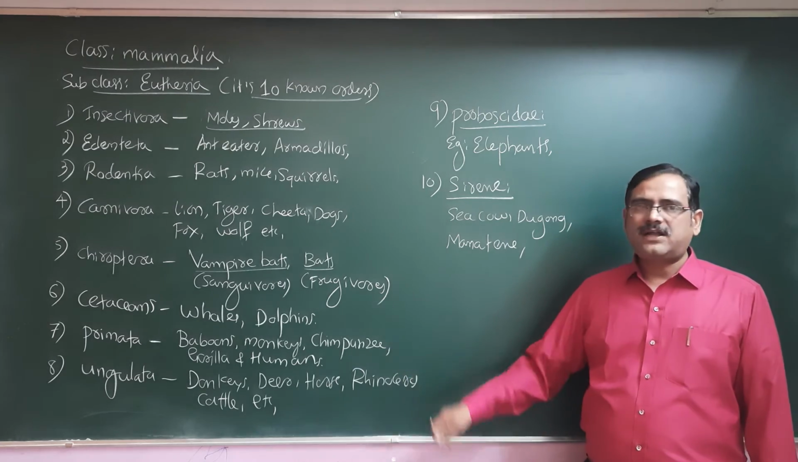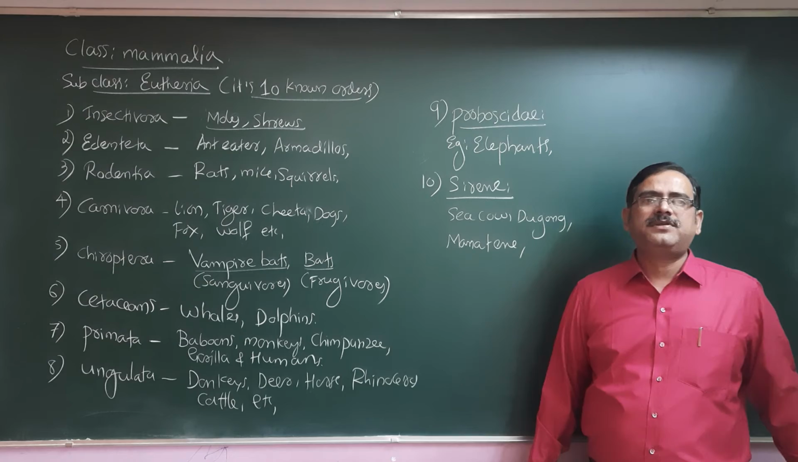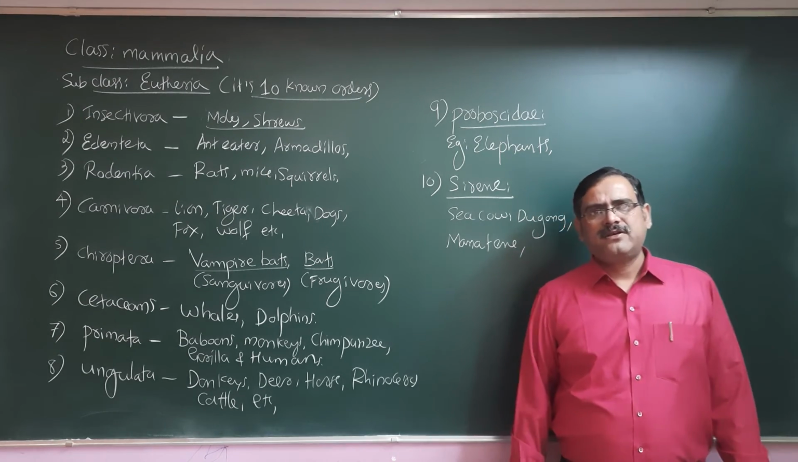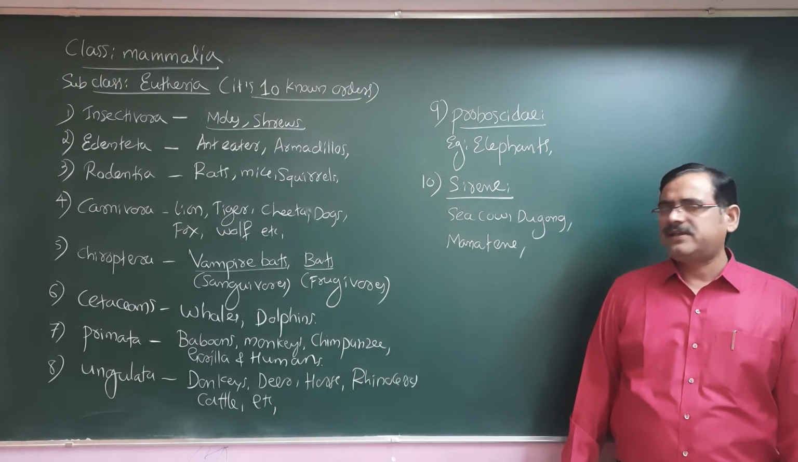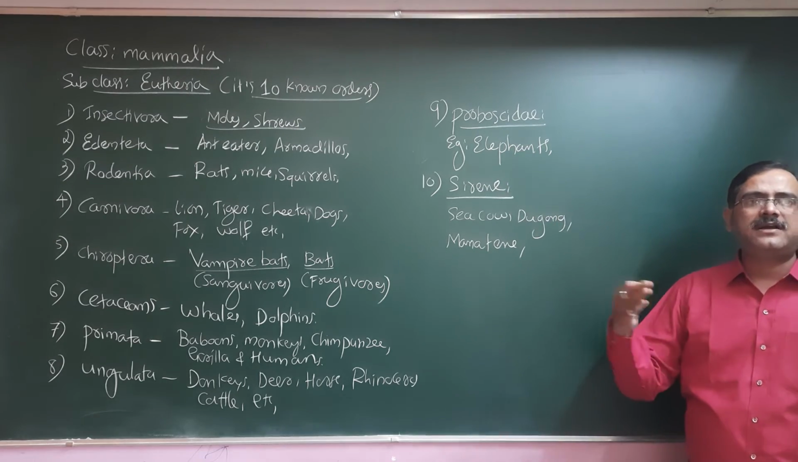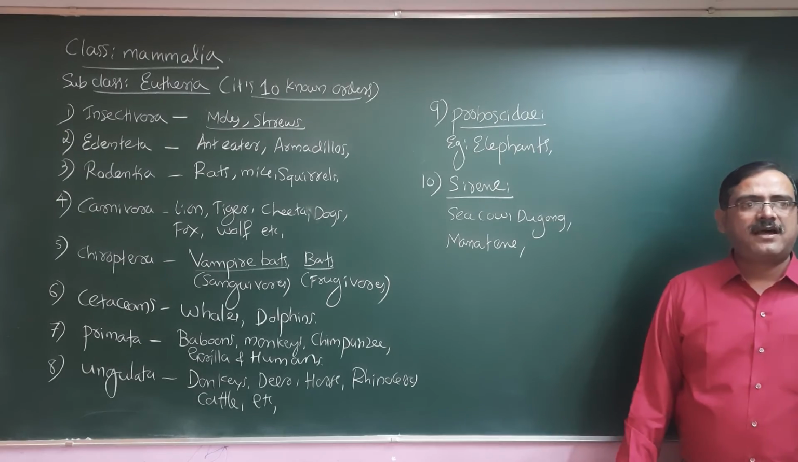And then ungulata, yes, their digits are fused and they have developed hooves. It may be a giraffe, a donkey, a horse, or a deer. Okay, a number of animals come under ungulata, including cattle also. Then proboscidae, with a long trunk, a modified nose, mainly in the elephant, which is African as well as